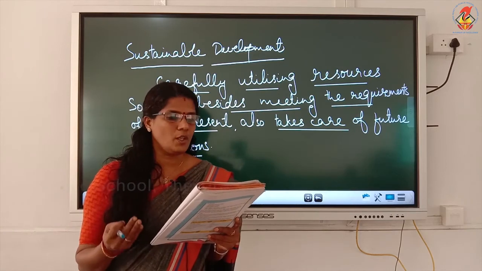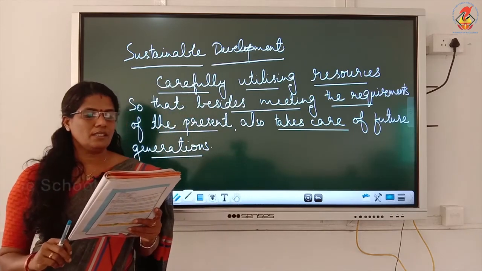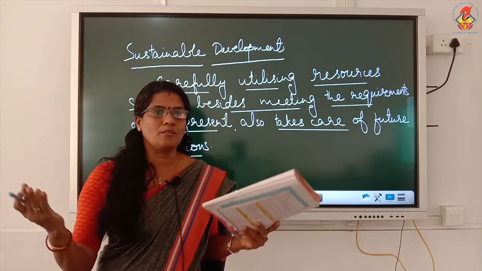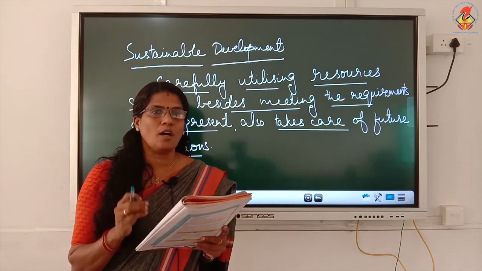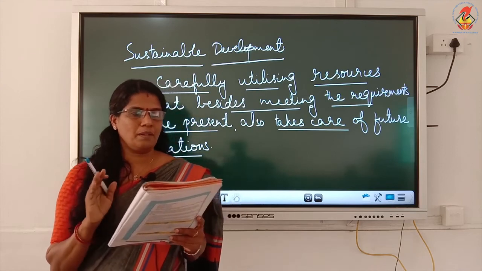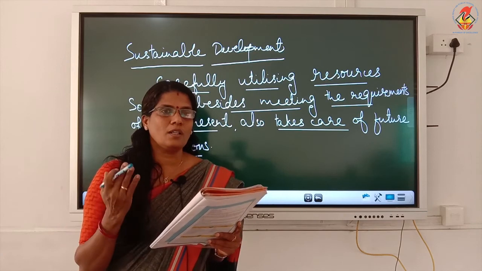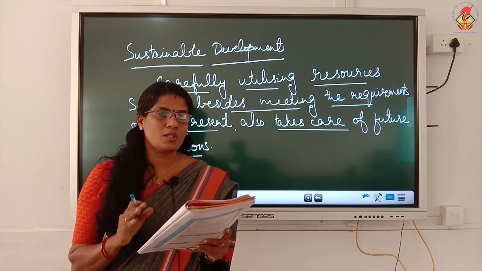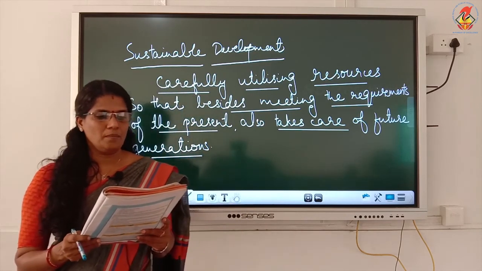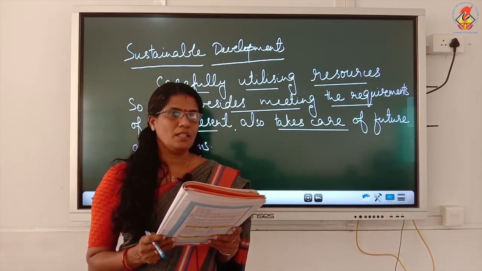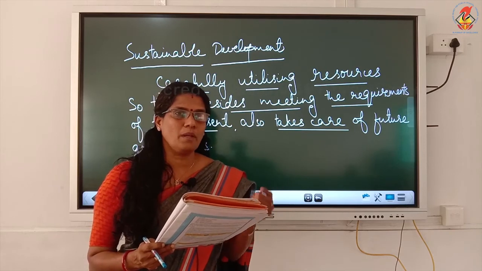Improve the quality of human life. Then conserve the earth's vitality and diversity. Whatever we see in the world, we should conserve, we should know how to use it carefully and keep it proper. Diversity also, different types, you can see land terrains, all this you should conserve, forest, all this should be conserved. Minimize the depletion of natural resources. Depletion means what? Damaging the natural resources should be minimized.